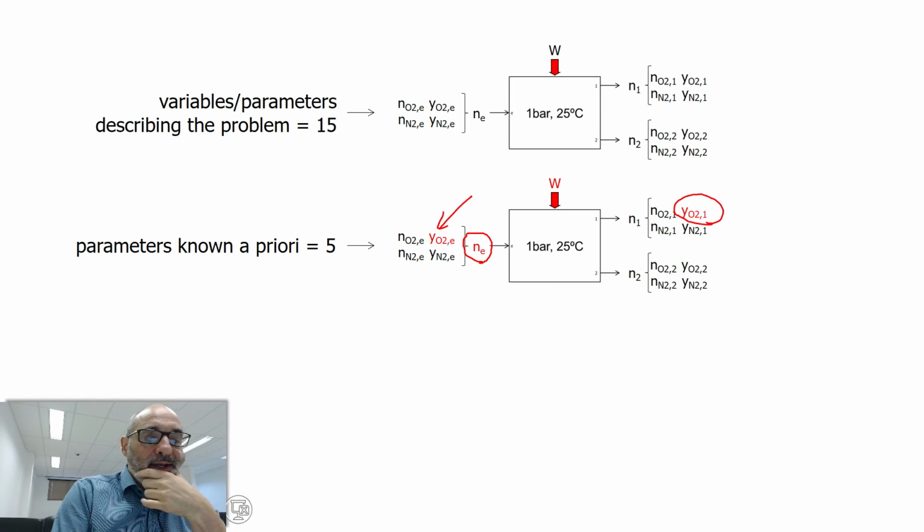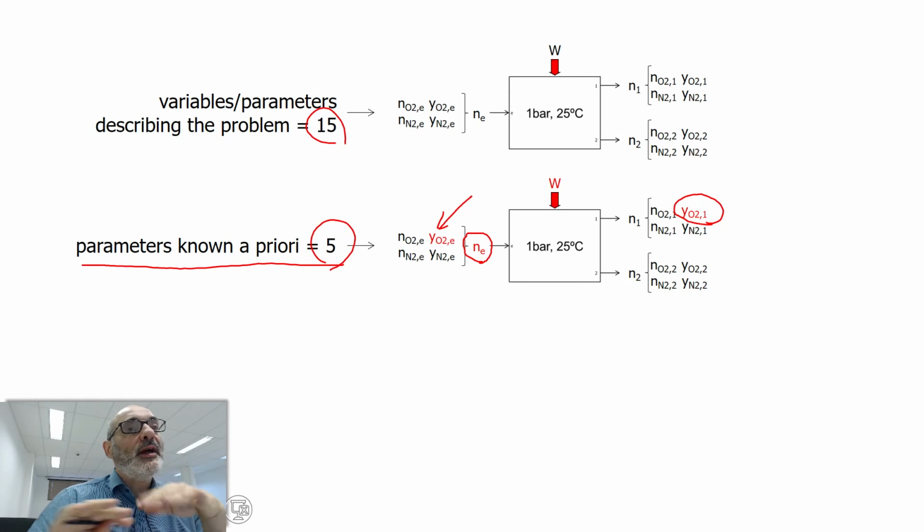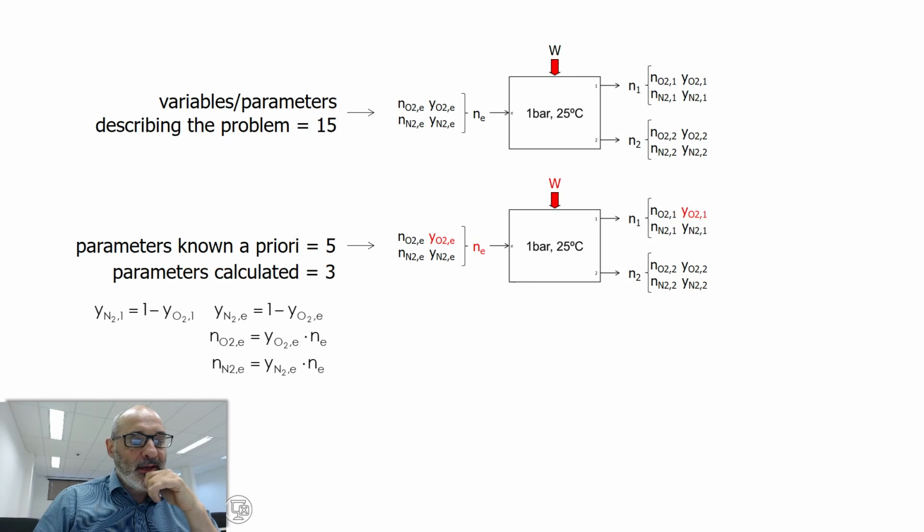Okay, so if I count this, I already know from the 15 I already know 5. So I can eliminate this. Okay, as I was saying, I can